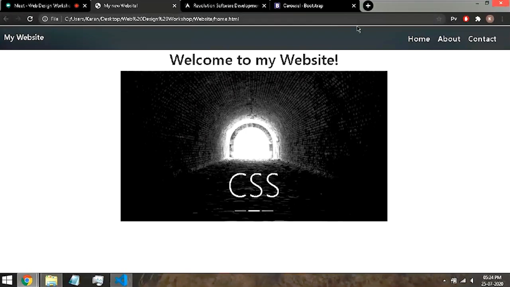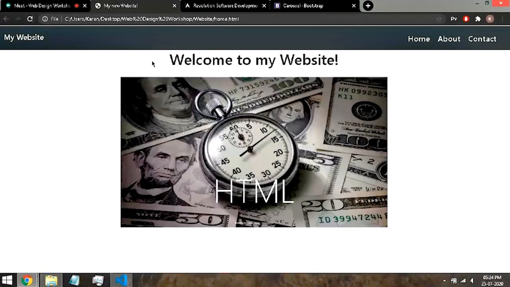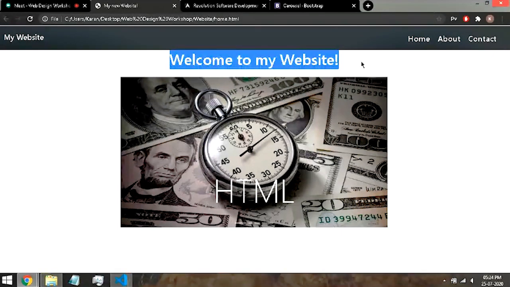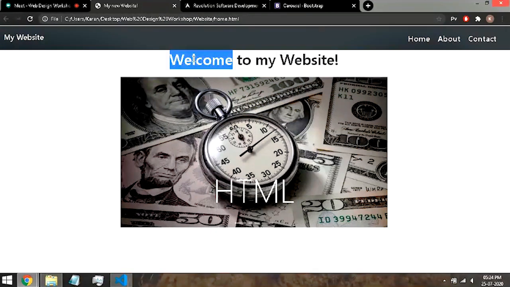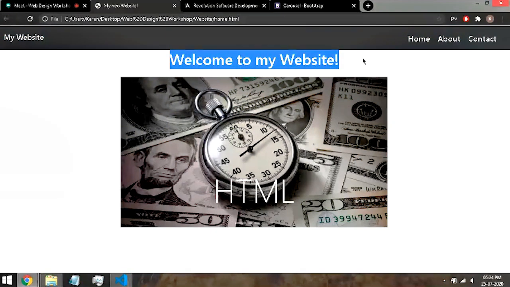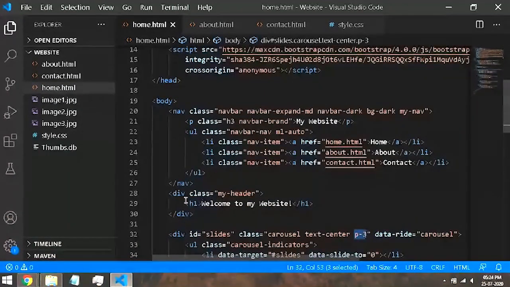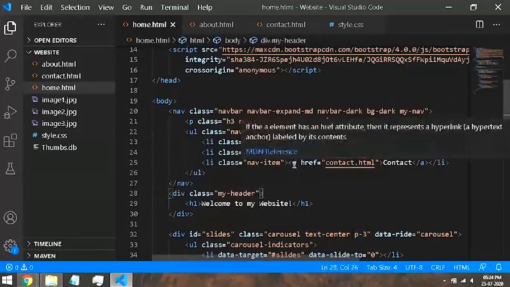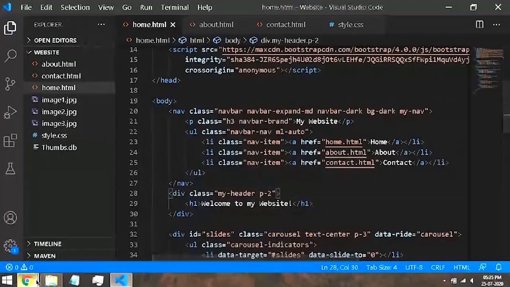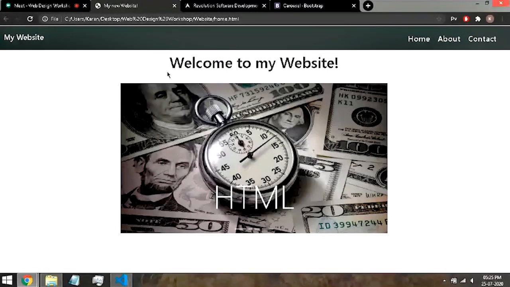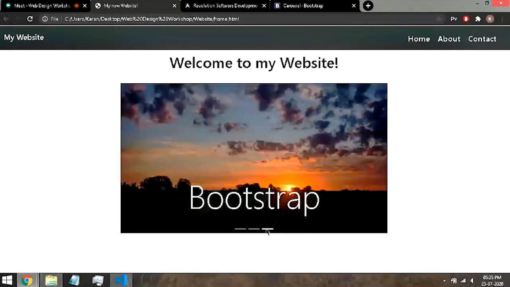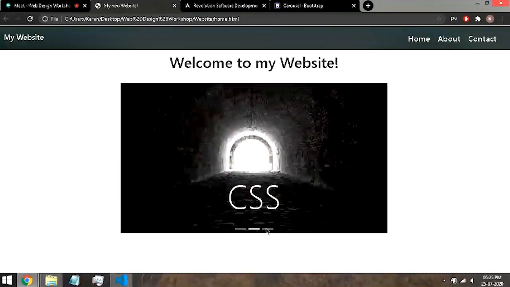Now I haven't hit refresh yet. Now the carousel should move down towards the downside. Yes, see, now it did move towards the downside. And I also want to add some amount of padding to my header. So let's do that. Where is it? My header, yes. I will say P-2. I don't want it 30 pixels, just 20 pixels. Yes, now it's looking a bit better. So this is how you add a carousel to your web page.